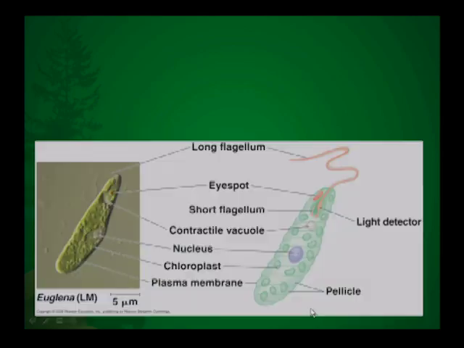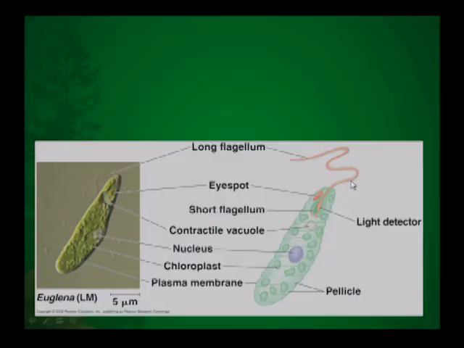Now, one other thing I want to mention about the Euglenophyta is that there are a couple of things. One is that although they are photosynthetic, they are what we describe as being facultative heterotrophs. So they do have the capacity under certain conditions to be heterotrophic. So if there's not enough light, they can be heterotrophic. Also under certain conditions, you see that they are flagellated. They will spit out that flagella under certain conditions, and they can not really be amoeboid, but they can kind of crawl around almost like a worm, if you will, but somewhat like an amoeba, and don't have to swim necessarily. So again, they're kind of an interesting organism and ubiquitous around the world in freshwater.